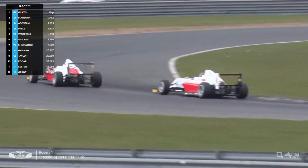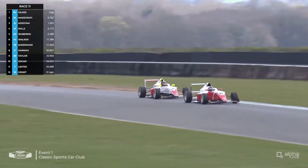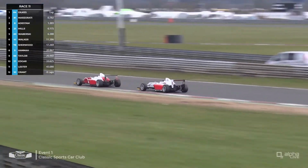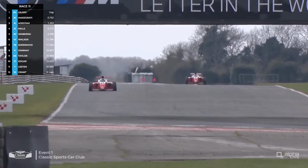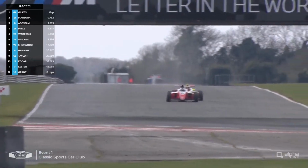I think Max Maserati also maybe outbraked himself a little bit heading round through Hamilton, which means that Megan Gilks has ever more disappeared up the road now, and the squabble is purely who's going to finish 2nd and who's going to finish 3rd in this particular race. So down the Bentley Straight, Elias Odestom will look to try and pick up a toe and a slipstream off Max Maserati. He's surely going to be very defensive as they head in towards the braking area for Brundle and